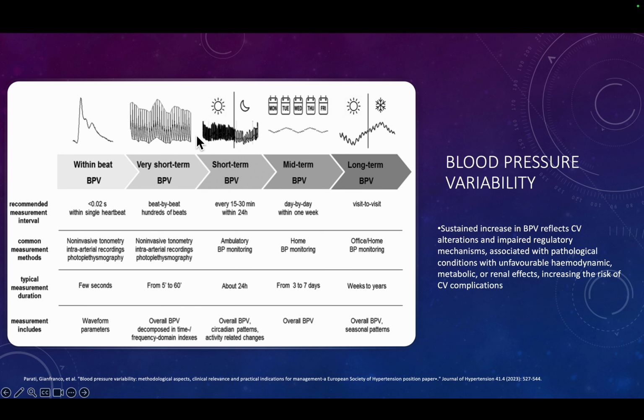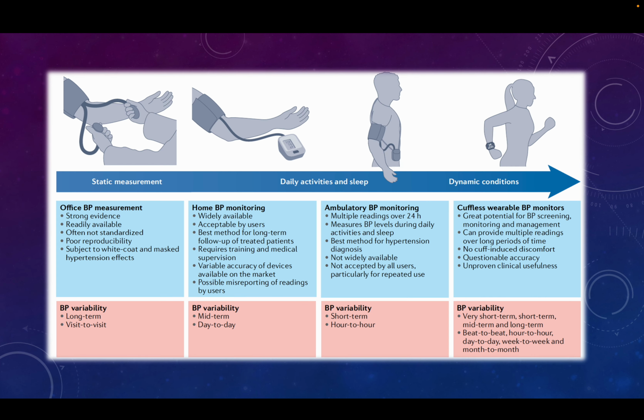Short-term BP variability is over 24 hours, what we do in ambulatory blood pressure monitoring, and the mid-term is over a week, and then visit-to-visit blood pressure variability in that patient. And another category of variability is where blood pressure is lower in the summers and more in the winter. This is seasonal variability. So these variabilities do happen at various frequencies in the body, and that is fine. The variability is okay. What is the importance of this variability?